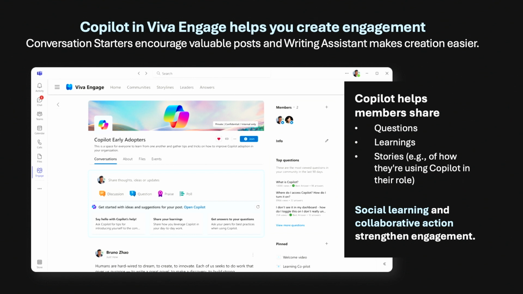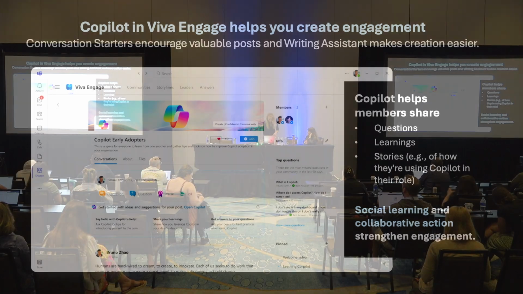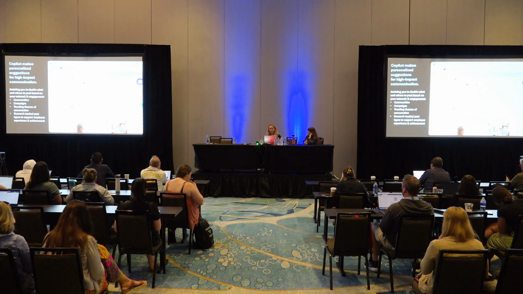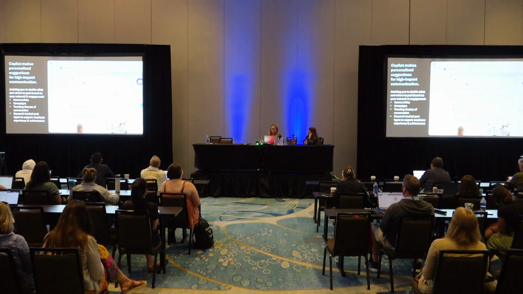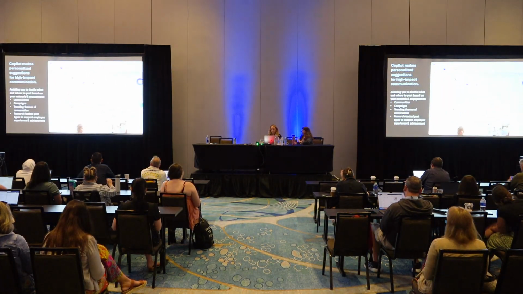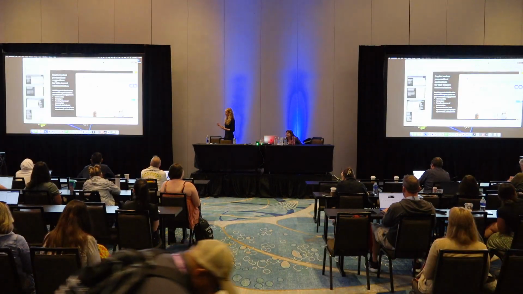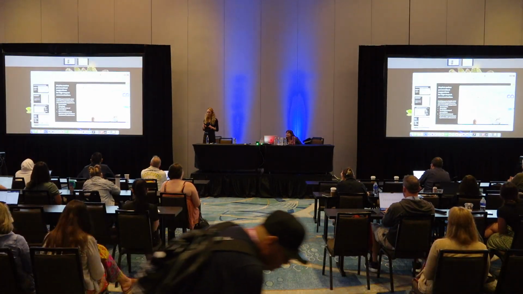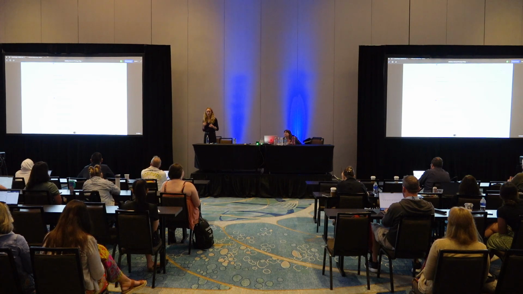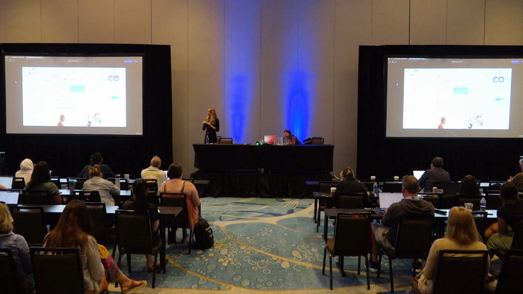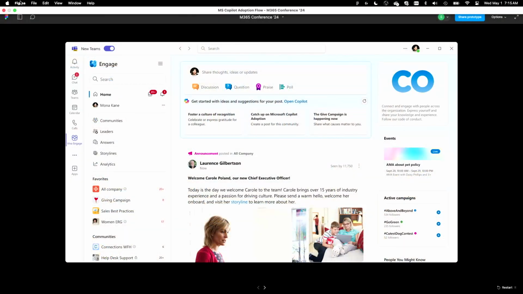We can see an example of this in action with our prototype right here. Once I have the conversation starter, it will give me a little bit of inspiration about what I might like to post about. And then once I select my conversation starter, it'll be the basis of my collaboration with Copilot on the creation